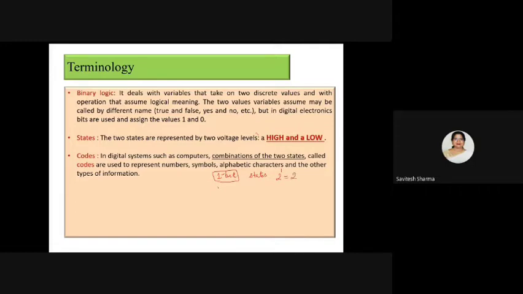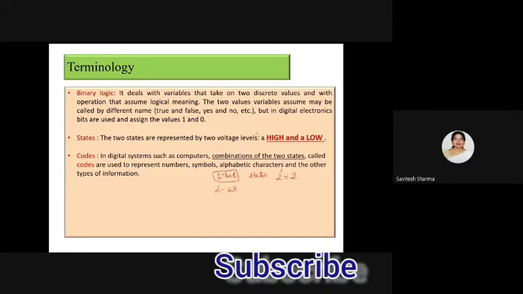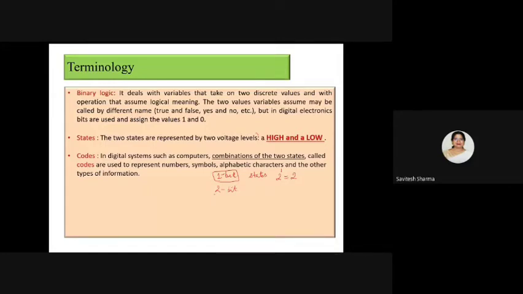If you are representing information in 2 bits, you are taking a bit combination, and this bit combination is called code. In general, we use numbers, symbols and alphabet characters, and combine them to form the code. If you are using 2-bit information, you are using a 2-bit code. How many states can you represent? 2 to the power 2, which means 4 states.